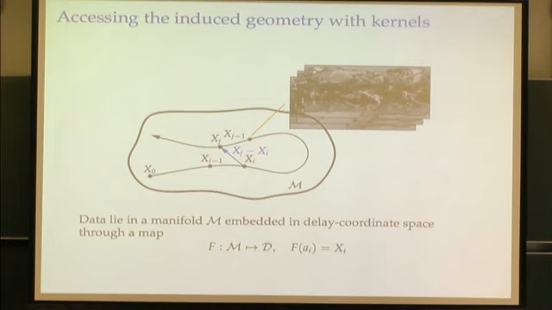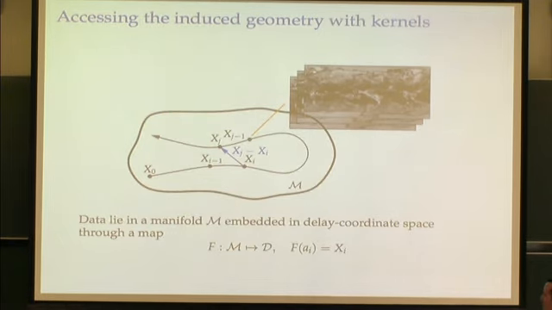That manifold has a Riemannian metric induced on it through this embedding, and that Riemannian metric will depend not just on the observation function we have, but also on the actual dynamics. So we would like to use techniques which were developed originally in machine learning, in particular kernels,